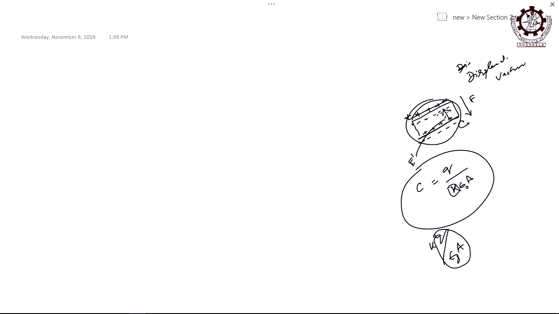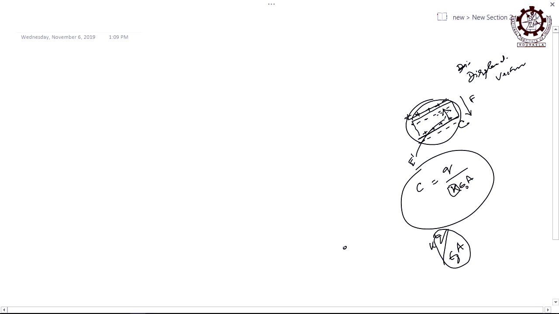Now, tell me what will happen to those induced charges generated on the surface of the dielectric? Are they bound to the surface or can they move freely? Because the charge in the plate creates a field E. The induced charge created on the surface of the dielectric slab creates E prime, and E is all the time greater than E prime, right. So, let us say here is a charge Q, it is acted upon by two fields, E and in the opposite direction E prime. So, what will happen to that charge? Whether it will be a free charge or bound charge. On the surface it is bound, but when two fields are opposing each other, what will happen to that charge?